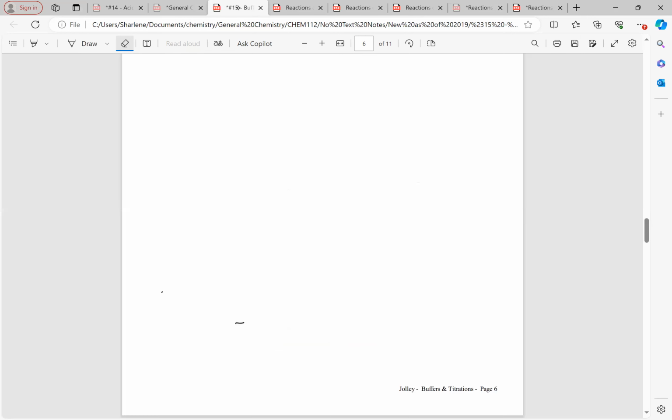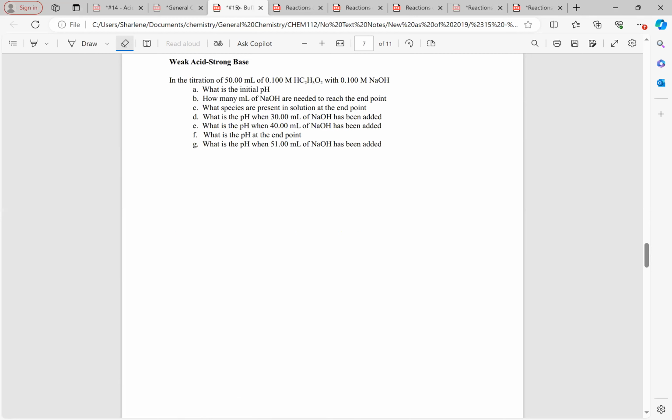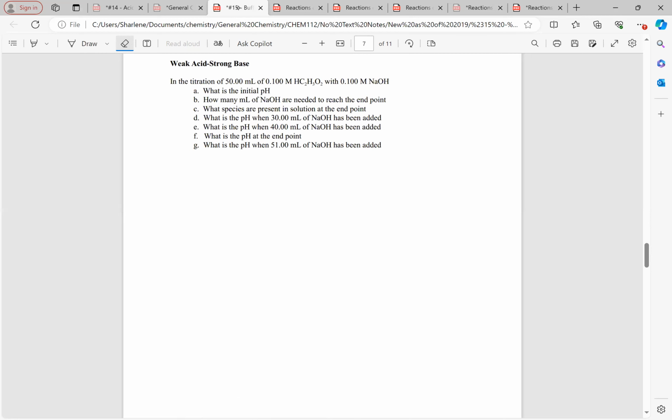Okay, so let's see. Strong acid, strong base. I'm going to go to a clean page here. Okay, so I'm under weak acid and strong base. So number 1, in the titration of 50 mils of vinegar, 0.1 molar vinegar with sodium hydroxide. The first important thing is to know what is where. So in my burette, I have 0.100 molar sodium hydroxide. In the beaker, I have, let's see, 50 mils